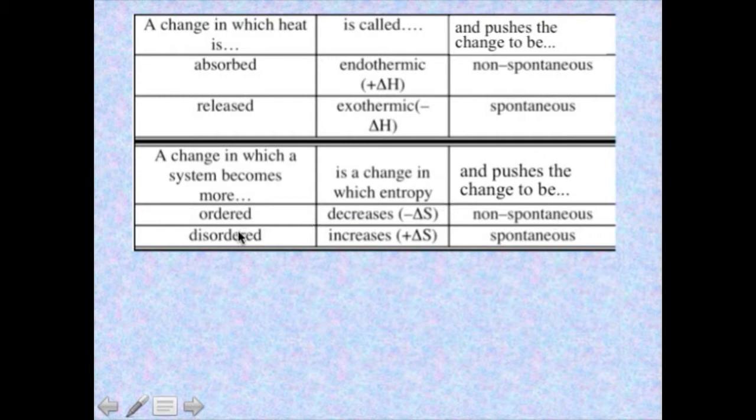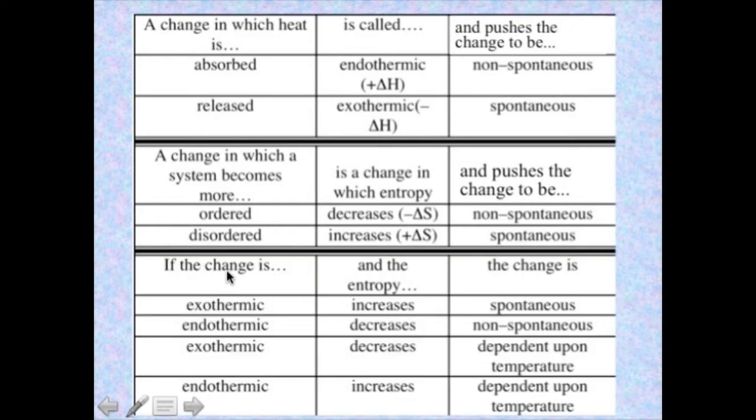And vice versa, a change in which a system becomes more disordered is a change in which entropy increases and pushes the change to be spontaneous. So if the change is exothermic and the entropy increases, that's going to be a spontaneous change. And if the change is endothermic and entropy decreases, both of these are fighting against a spontaneous change, the change